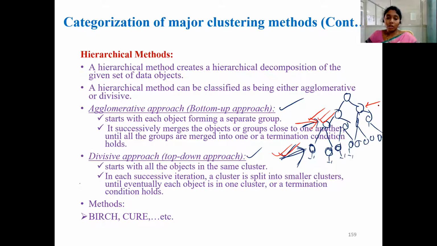What is that procedure? That procedure and condition change for each algorithm. We have different algorithms, just like for the partition method we have K-means and K-medoid, right? So here also for hierarchical methods, we have BIRCH and CURE methods, etc. Each algorithm, either BIRCH or CURE or whatever, has its own procedure of merging the initial clusters and its own stopping criteria for this process. So this is the bottom-up approach.